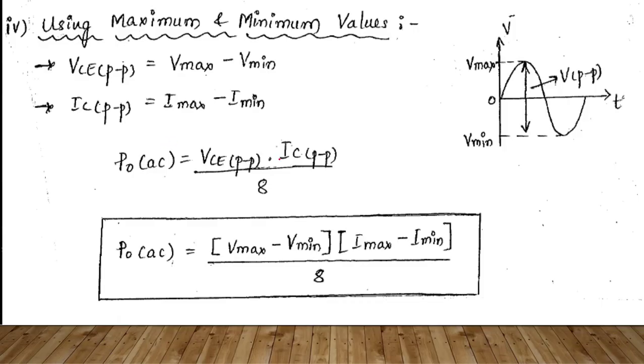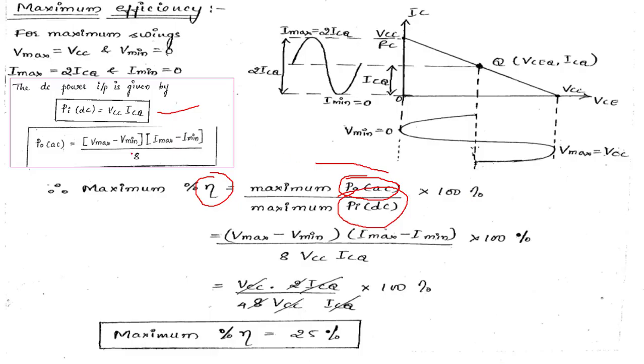I am taking the last one, this one. You can take any format, it's okay. Now I am taking this format, so you have to do PAC by PDC from this derivation. PAC is something like this, here I applied, and PDC is applied in this portion. If I simplify this, I get 25%. How to simplify this?